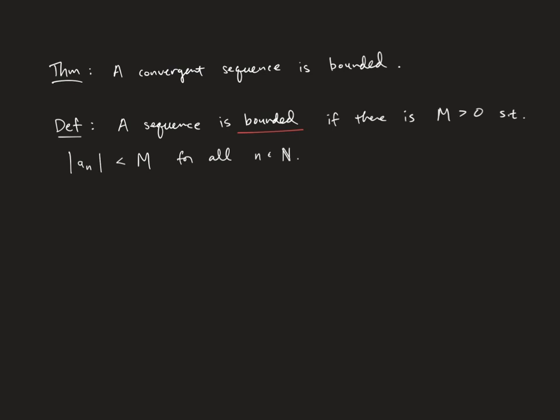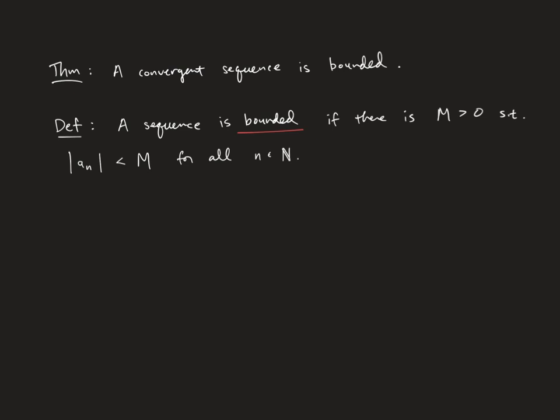Okay, so our second theorem, a general theorem about convergent sequences, is that a convergent sequence is bounded. And I have to tell you what this word bounded means. So a sequence is bounded if there is a positive real number m such that the absolute value of all of the terms in the sequence are less than m for all